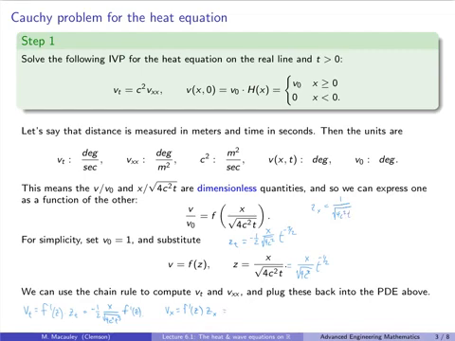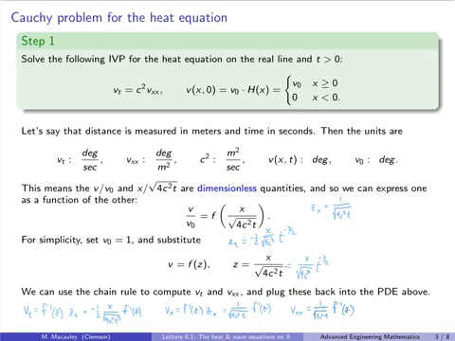Okay, so this is just going to be 1 over root 4c squared t, times, I forgot, f prime of z. And now the second derivative of this, we just do the same thing. We take the derivative of this thing. Thank goodness that there's no x in here. That's just a constant. Otherwise we'd have to do the product rule. So this is 1 over root 4c squared t times f double prime of z